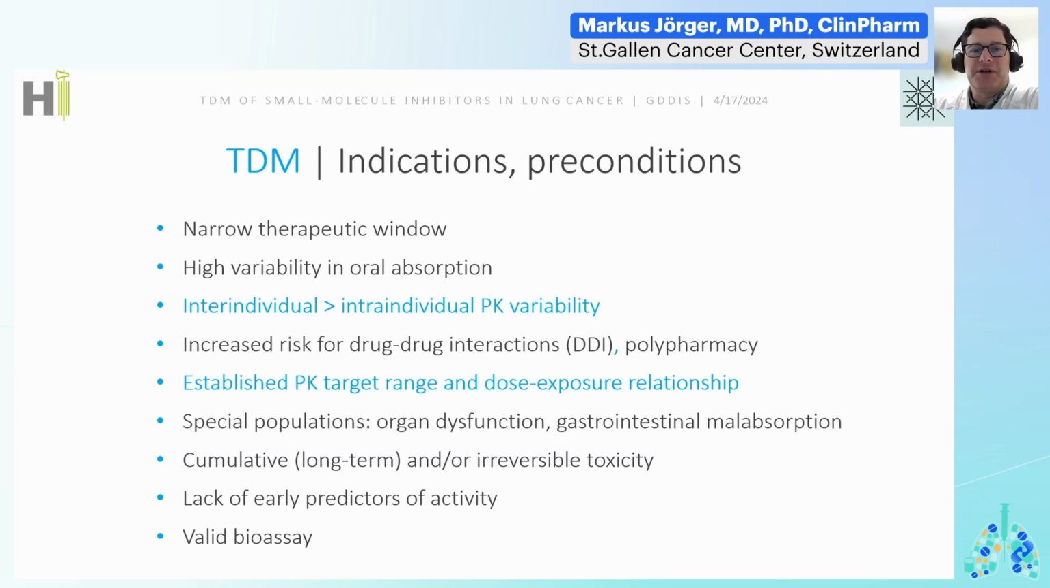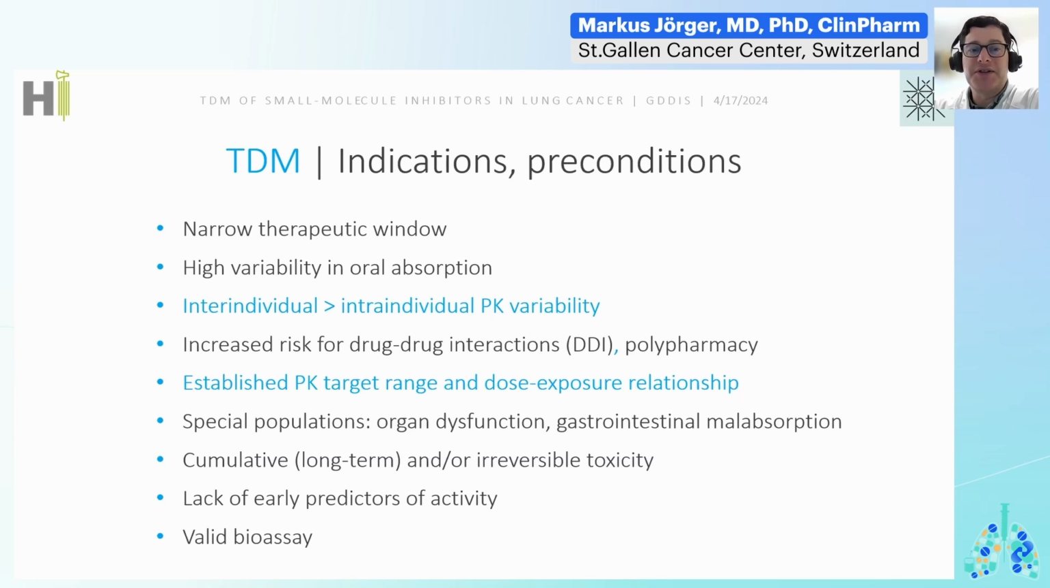High variability in oral absorption. Here we are talking more specifically about the kinase inhibitors. That is the topic of today, or at least of my talk. Importantly, inter-individual variability in PK should be higher than intra-individual variability. This is usually the case because, of course, inter-individual variability adds on intra-individual PK variability, but may not